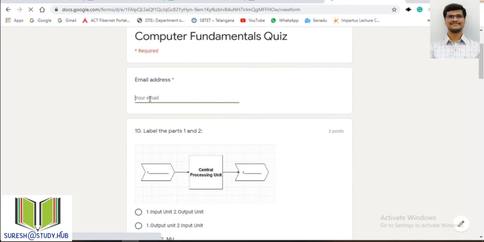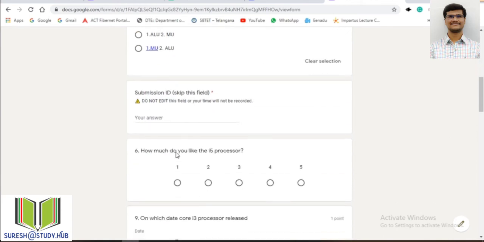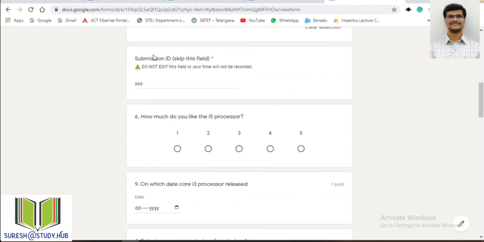As it is in shuffle order, it will come in any manner. So he will give his mail ID and he will attempt some quiz. The submission ID comes from Certify'M. This submission ID will be automatically added whenever you use Certify'M.